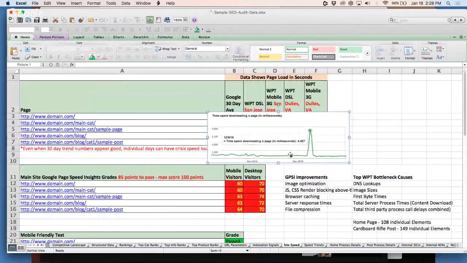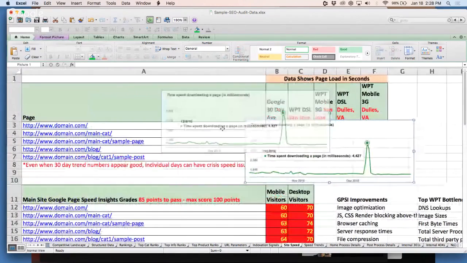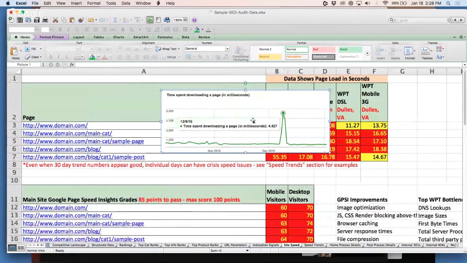This chart's really good right here. This chart comes from Google Search Console, and it's the time spent downloading a page. Google Search Console crawls your site on a regular basis, and if their system is delayed in the amount of time it takes just to download the code, if that's slower than 2 seconds on average, they're going to abandon the crawl, and that's not helpful for SEO, right? But if it's a slow time in this one data point just to get the code, then anything else that code forces you to do to create a visual page is going to be delayed. So it's another data point to look at.